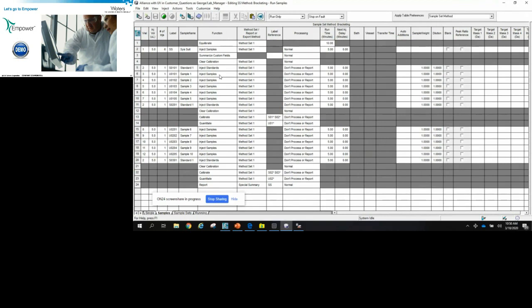We intend to use that standard to generate a response factor and generate a calibration curve. When we say inject samples, we intend to then quantitate that sample based on the response factor that we generate, the calibration curve that we generate.